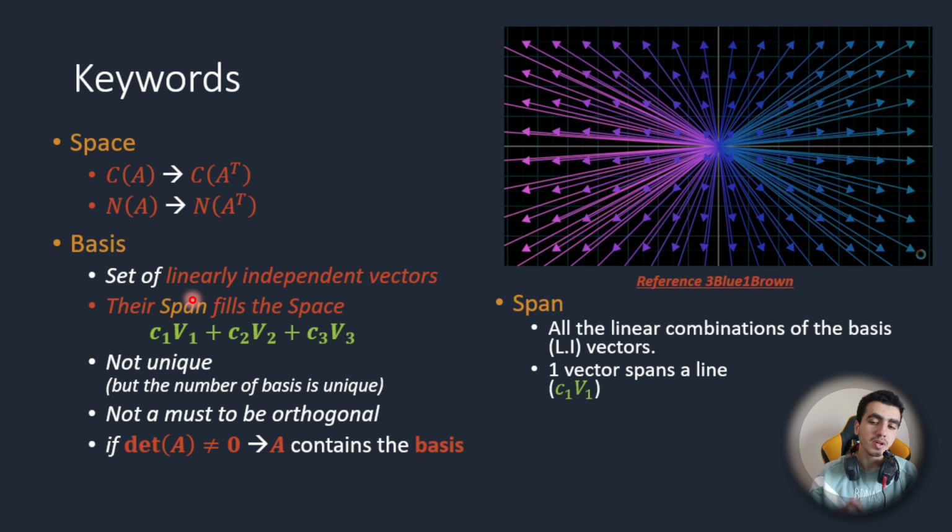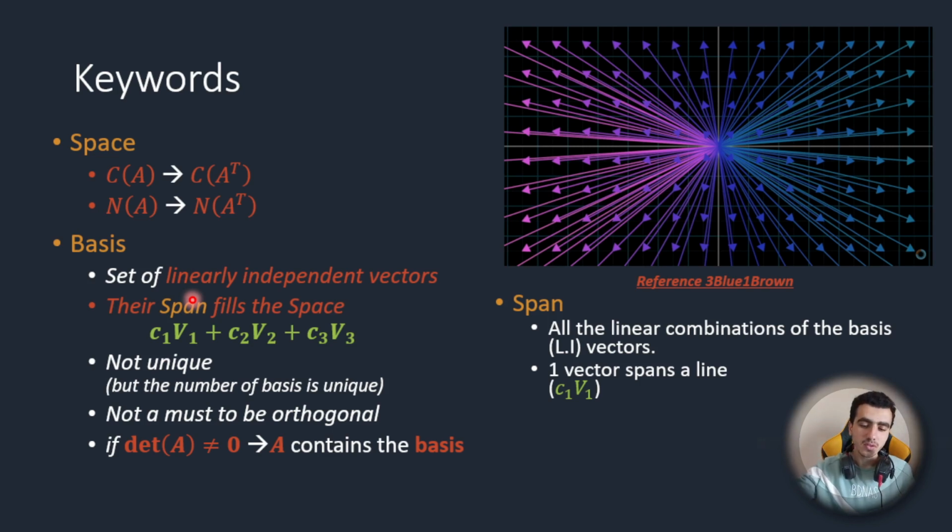I take as many scalars as possible, from negative infinity to infinity, and multiply the vector by them. It creates a huge number of vectors, but all of them will be aligned on a single line. So all the linear combinations of this vector will generate an infinitely long